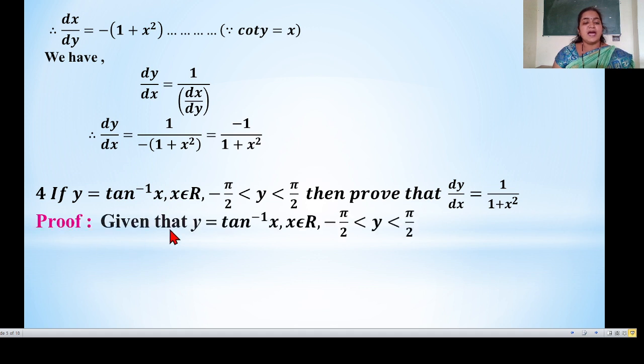So given that y is equal to tan inverse of x, x belongs to real numbers, minus pi by 2 is less than y is less than pi by 2. So this is the condition for the x and y variable. Now, same concept again, we use this: y in terms of x, we convert x in terms of y. So we get x is equal to tan y. Now, we differentiate x with respect to y. So we get dx by dy